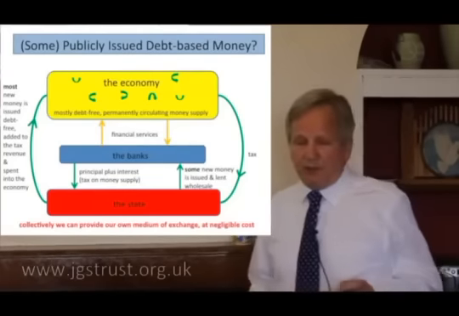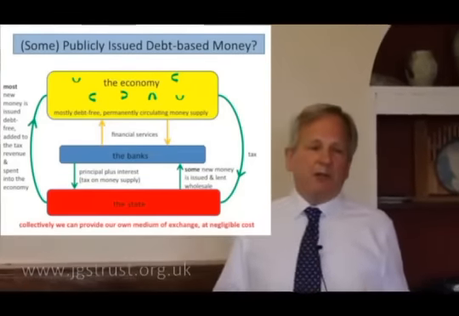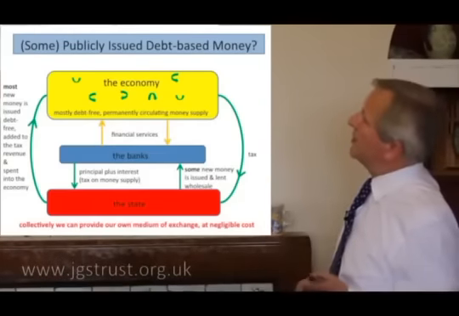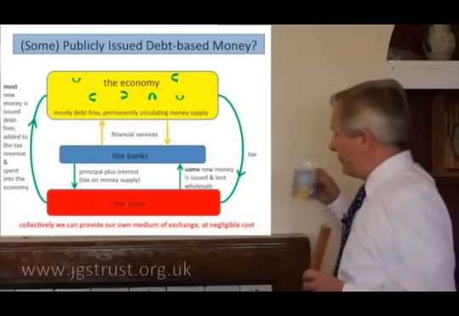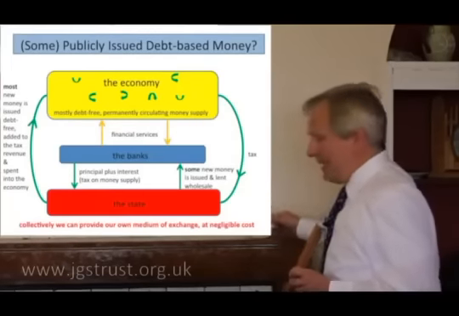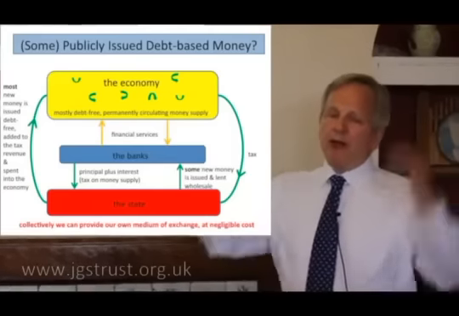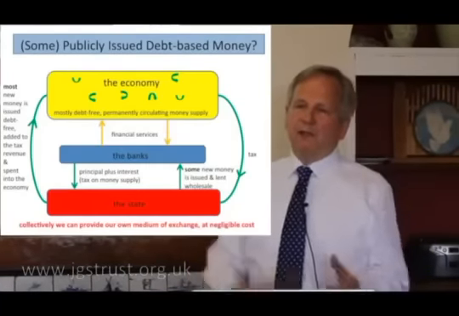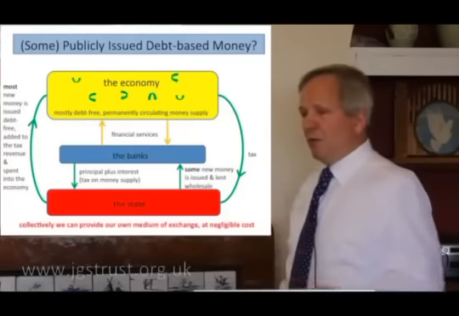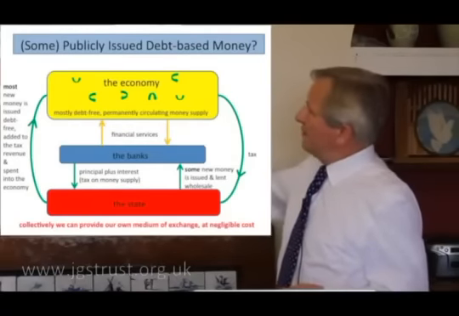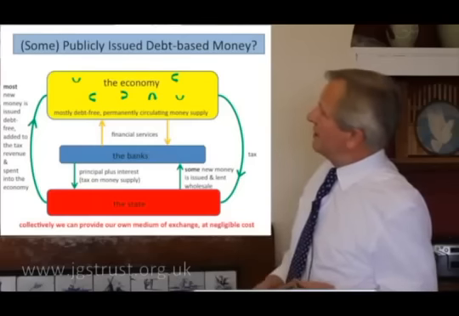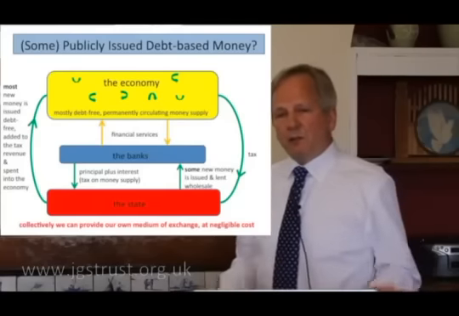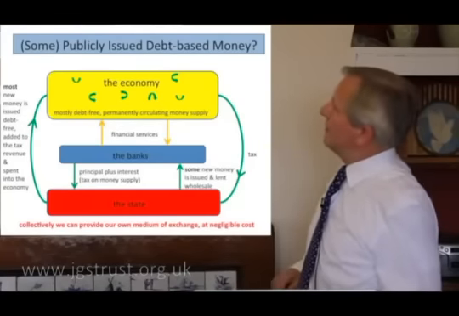Let's not knock debt-based money per se. We're just knocking commercially issued debt-based money. But there is an argument that any money system needs to be a bit flexible, needs to expand and contract if somebody invents a new widget and suddenly lots of factories are needed to produce these new wonder widgets, well, we need a bit more money in the economy. Well, we can still do that. We collectively, through the state, can lend money into the economy as well as spend money into the economy. So it's not a problem. This is a counter-argument to